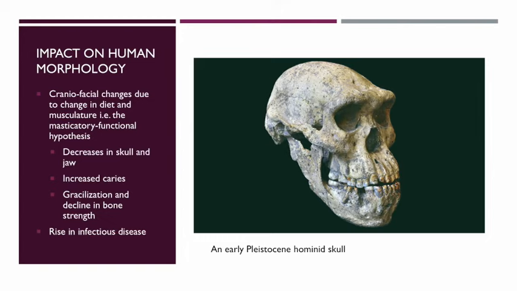We begin to see, because human beings are living very closely, the impact of infectious disease on human populations. Human populations begin to be infected by bacteria, infected by virus that we didn't see in the